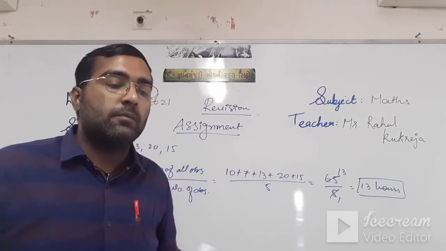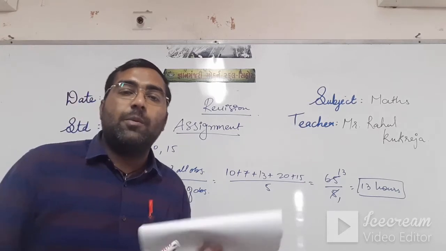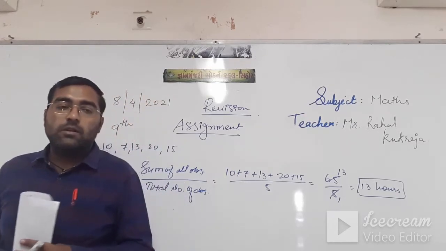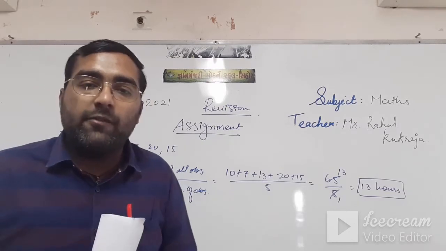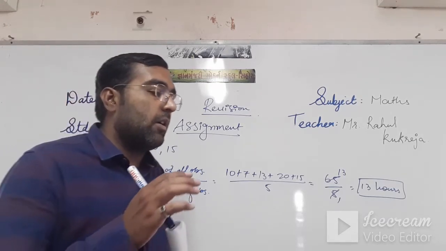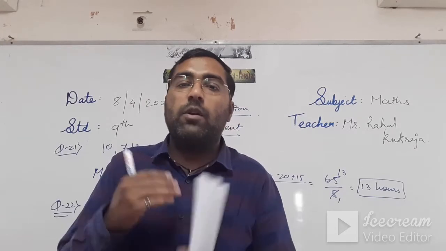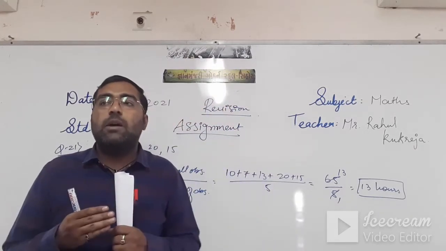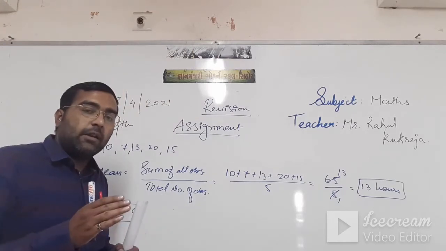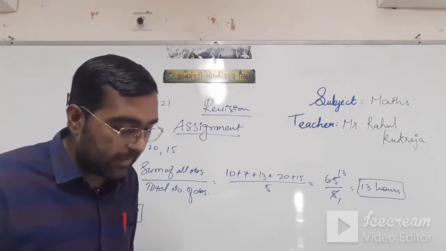Second thing, an impossible event, that is sunrise in the west. ओके, सन कभी भी राइज वेस्ट में करेगा नहीं, दैट इज अ इम्पॉसिबल इवेंट. क्लियर? नेक्स्ट, if I give the impossible event that you got 101 marks out of 100, सो दैट्स अ इम्पॉसिबल इवेंट बिकॉज आपको पेपर जो होता है ऑलवेज वो 100 मार्क्स का ही होता है. 100 में से 101 मार्क्स कभी नहीं आएंगे. मैक्स टू मैक्स आपको कितने आएंगे? 100 आएंगे, बट 101 दैट इज नॉट पॉसिबल. क्लियर? सो ऑल दिस काइंड ऑफ इवेंट्स आर इम्पॉसिबल इवेंट्स.